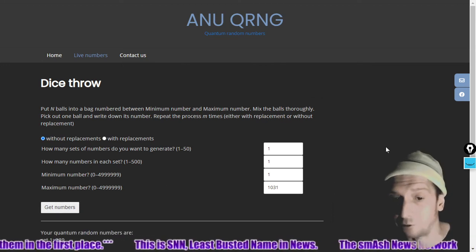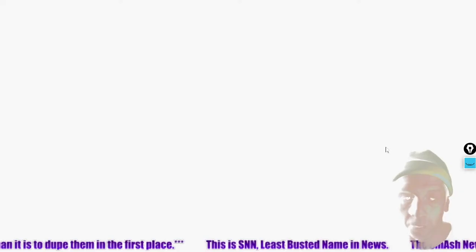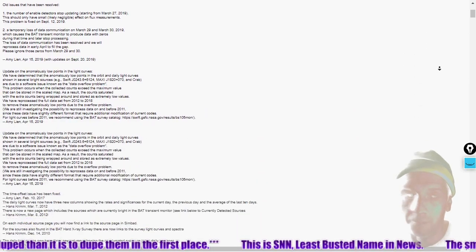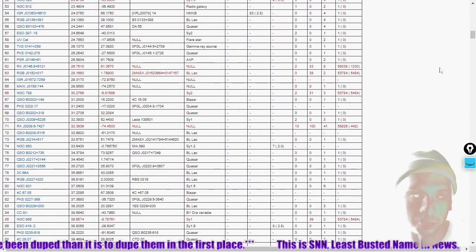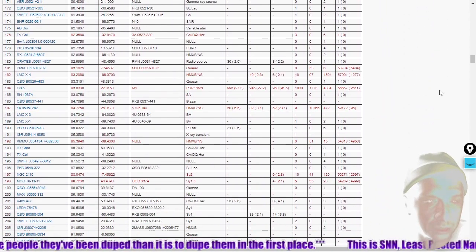Next, we're going to pick a random number between 1 and 1031 because it coincides with an object at the Neil Gehrels Swift Observatory, the Neil Gehrels Swift Burst Alert Telescope. Today's random object is number 239. Now, we use a quantum number generator to get these numbers, and 239 is